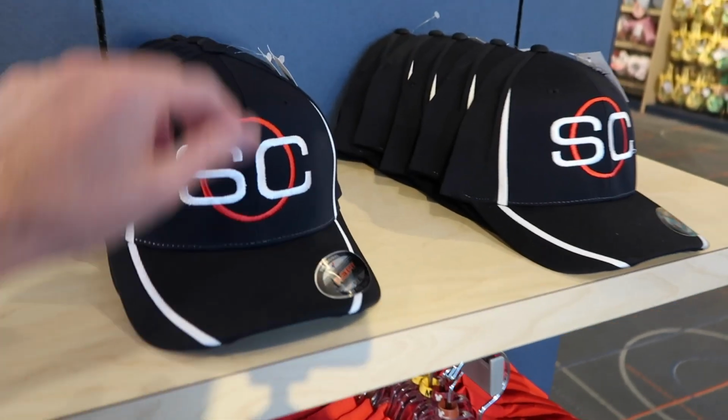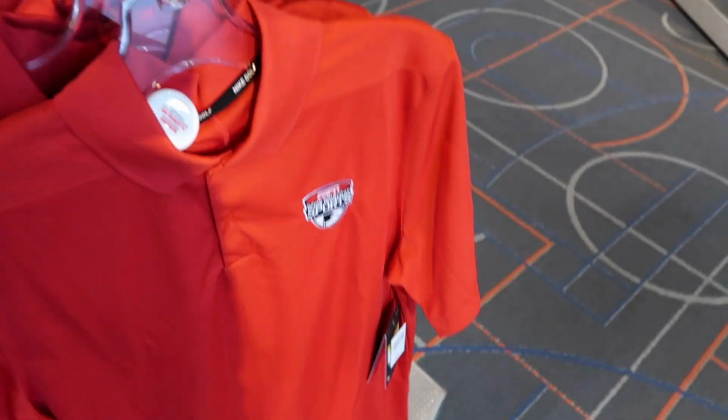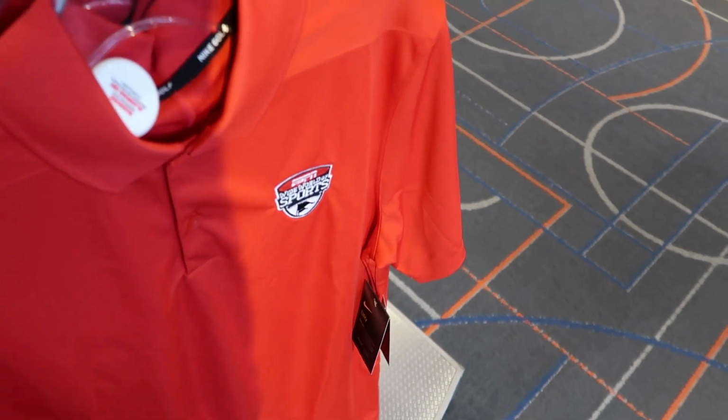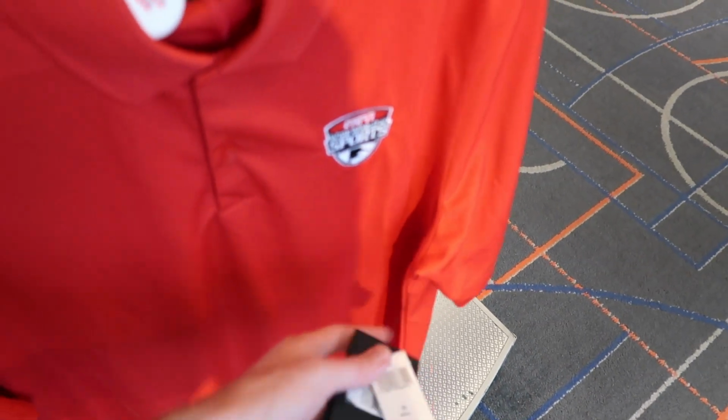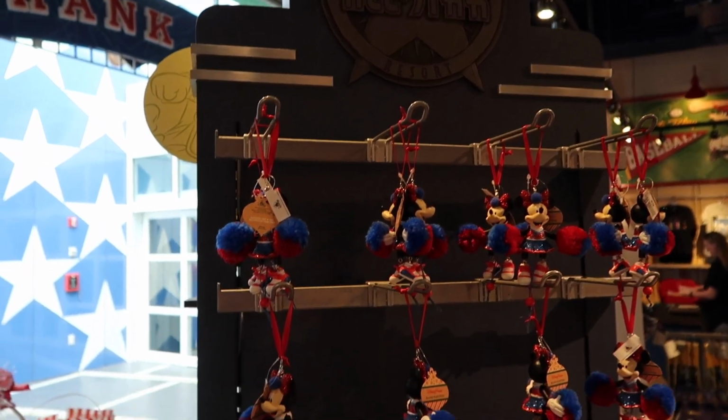They even have some SportsCenter merchandise here with this hat, which is cool. $29.99 for the SportsCenter hat. And they have a Wide World of Sports polo. It looks perfect for golfing, and it's a nice dry fit too. $70 for that. So it doesn't look like they have a ton of actual All-Star Sports merchandise, but